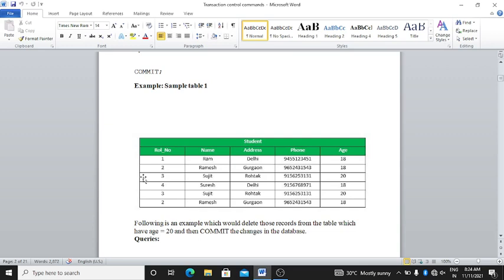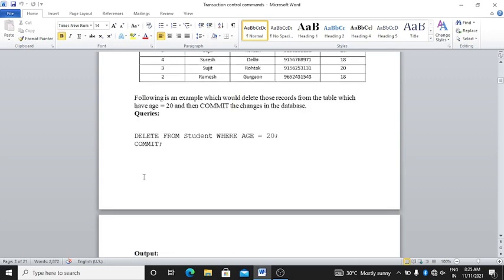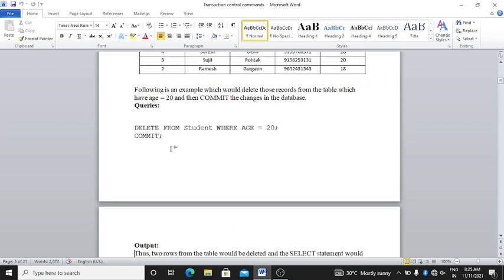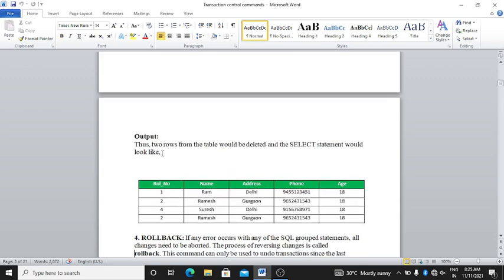Okay, we have to delete the data whose age is 20. See here, the query: delete from student where age = 20; commit; Then the output is that two rows from the table would be deleted, and the select statement would look like